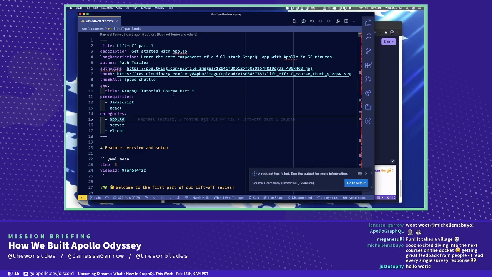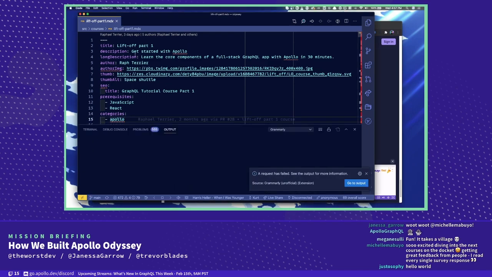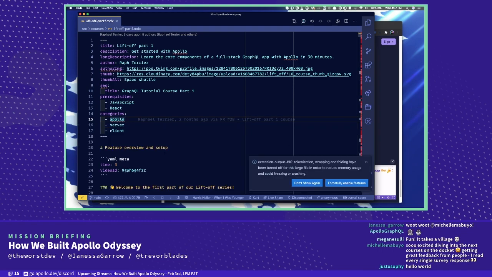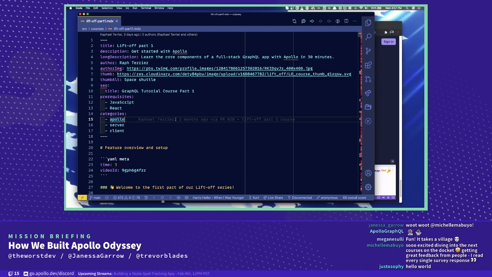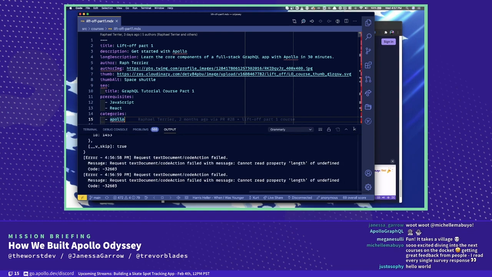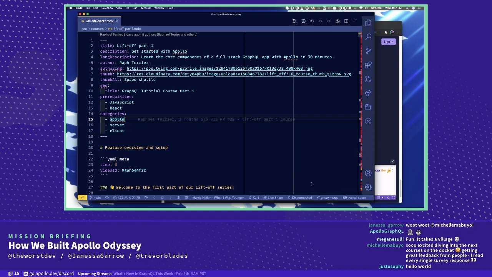Right. So at the top, we have the front matter with all the metadata associated with this course. What we're doing with Gatsby at build time is taking all this front matter metadata about the course, and we're able to populate different pages on the site. So we have the title, the description, who the author is. We can also flag something to restrict who has access to the course.